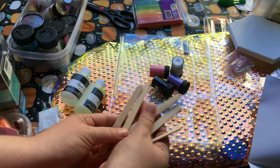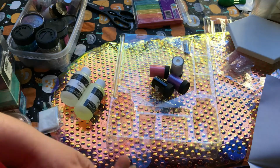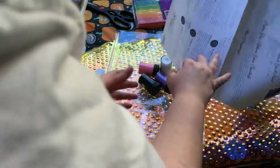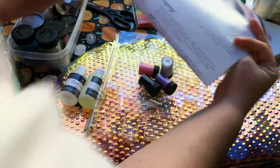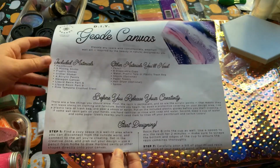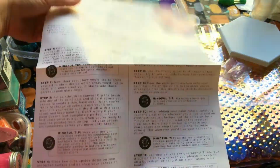Some generic popsicle sticks, and the glitter. And that is everything that comes in the kit, outside of course the instructions. I will pause it here, hold it on this screen for a second so that you can